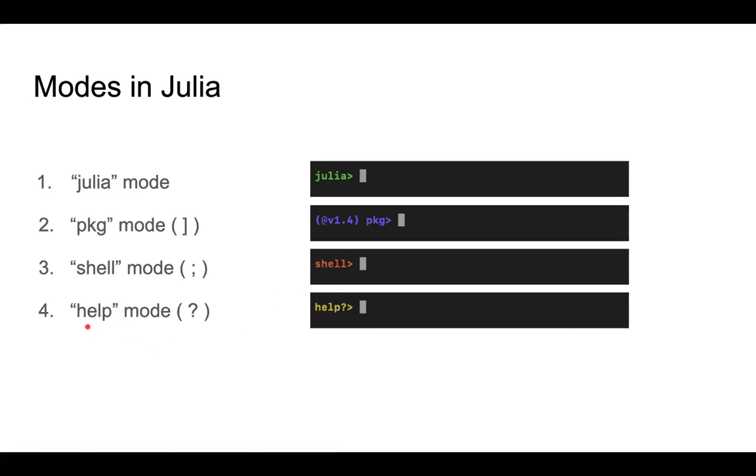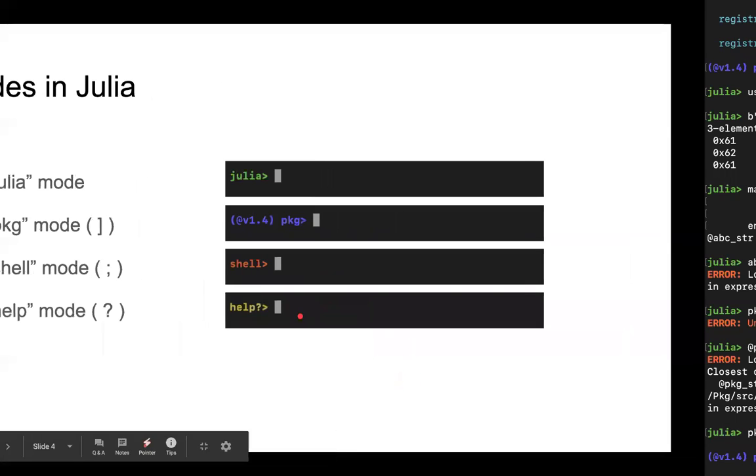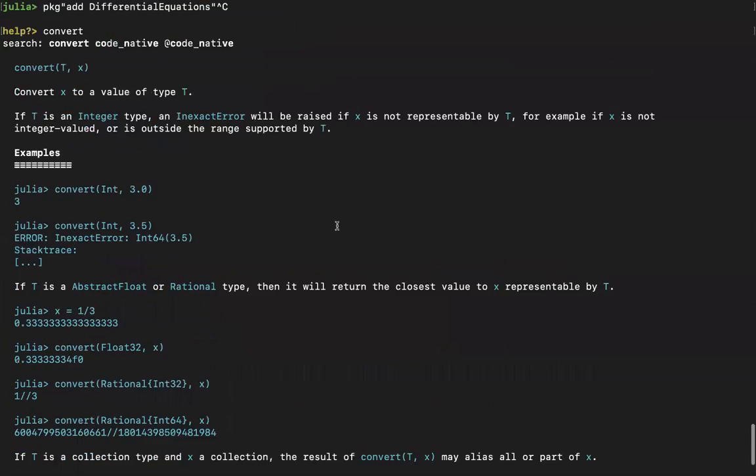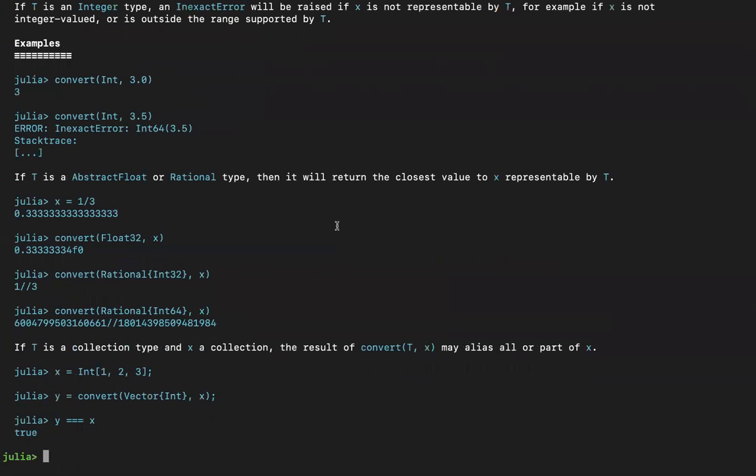And finally there is help mode. If you have a function and you have declared some documentation for it, you can search for the documentation here. So this is how you can search for documentation.